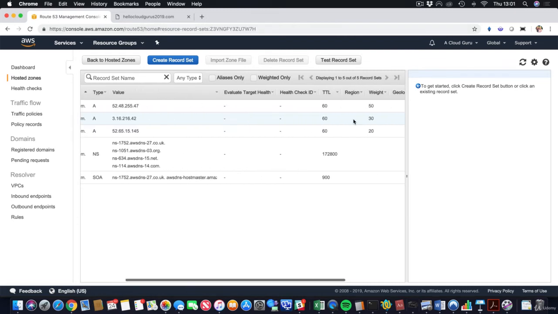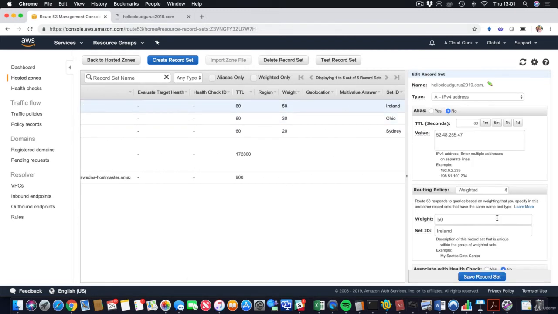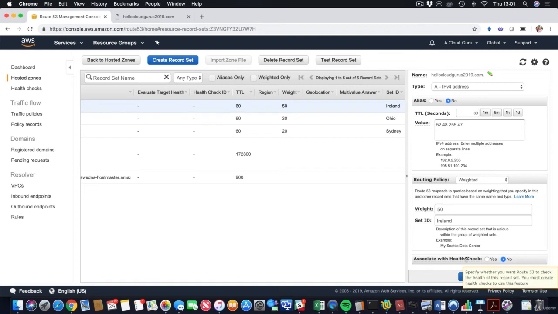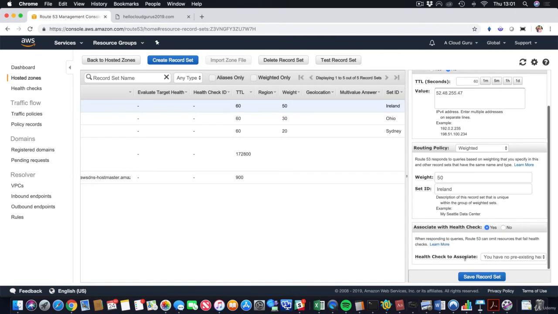Now, when we were setting this up, if you actually click in here, you see right down the bottom it says associate with health checks. And you can go ahead and hit yes, and it says when responding to queries, Route 53 can omit resources that fail health checks. So basically, if your EC2 instances are failing a health check, it will remove it from the DNS. Now, we have no existing health checks right now, but we can click over here and go to